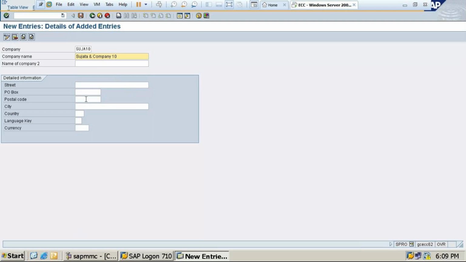In this you will fill: 560011, city Bangalore, country India, language key EN, then this is INR. Once it is done, click on save.